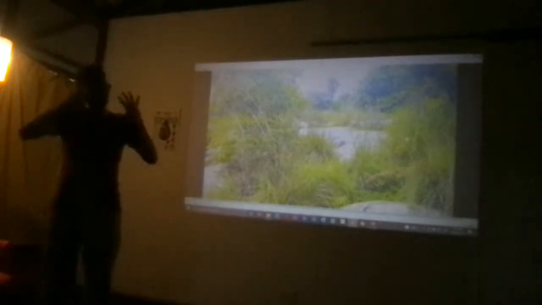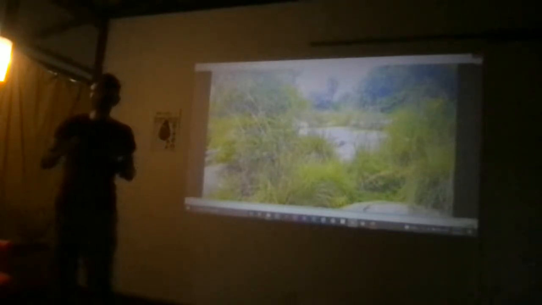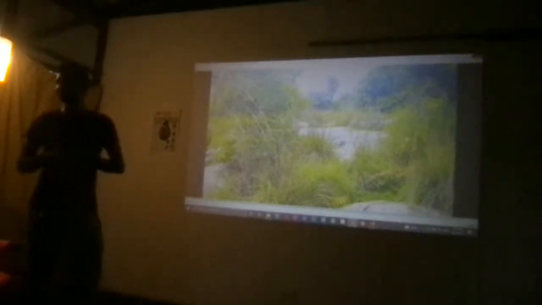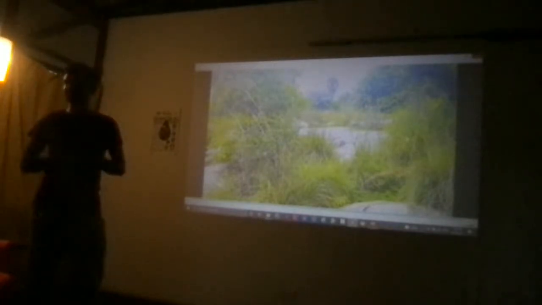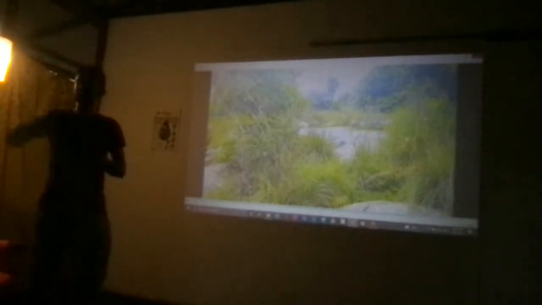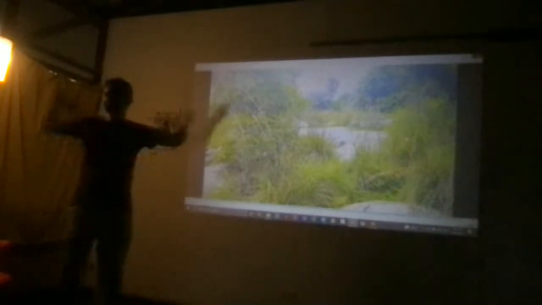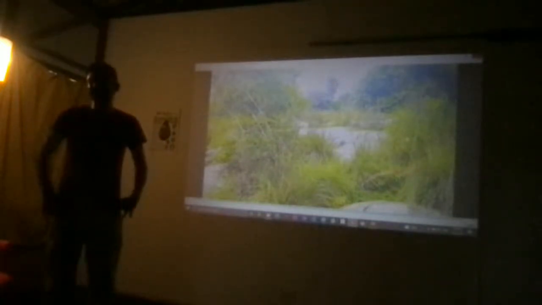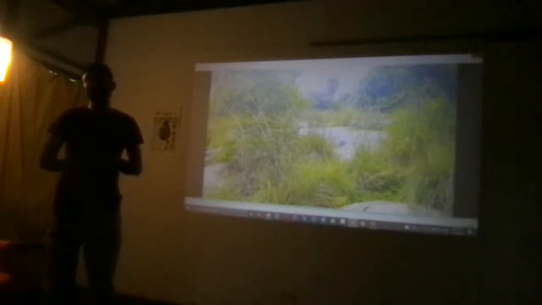So the whole idea of water restoration is about this. Don't let water run on the surface, because it runs at 30 kilometers per hour. If there is a rainfall here, the next day it will reach at least 100 kilometers, or a few hundred kilometers. So if there is one heavy rain here, and it's a city, a concrete jungle, then what happens? Flooding. And on the other hand,